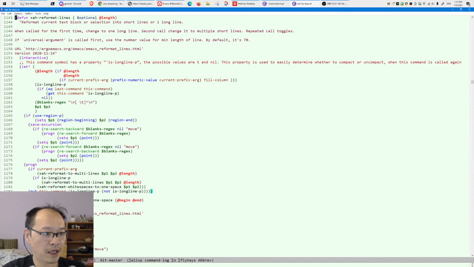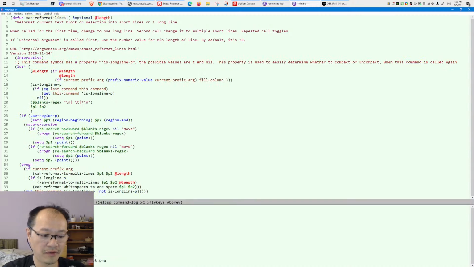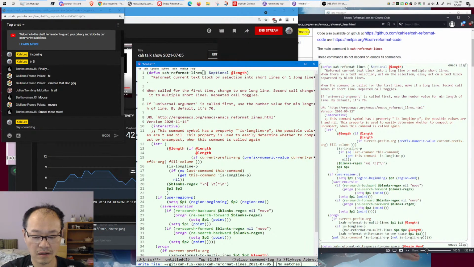Let's expand. Let's copy that. Let's make a new buffer, paste it here, and let's copy the file name. Let's set it into XAH Emacs Lisp mode. Copy the file name and save the file. Save the file as that and the date. Okay, so